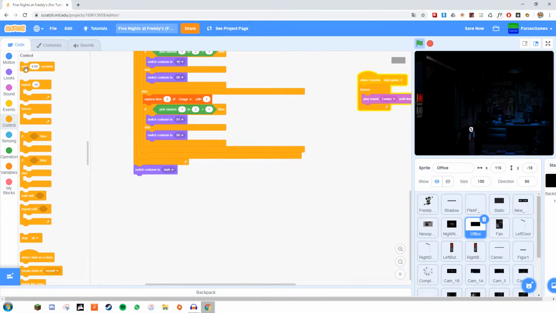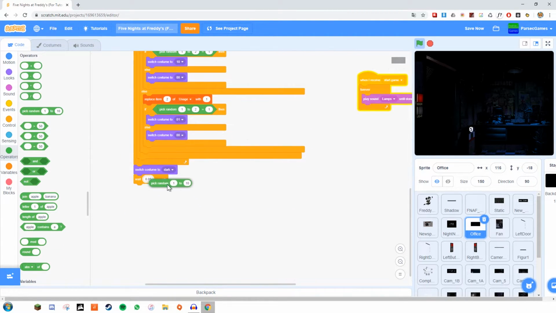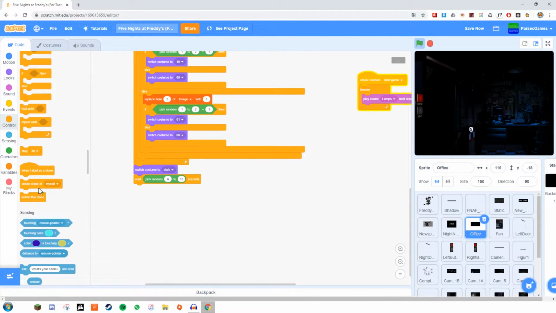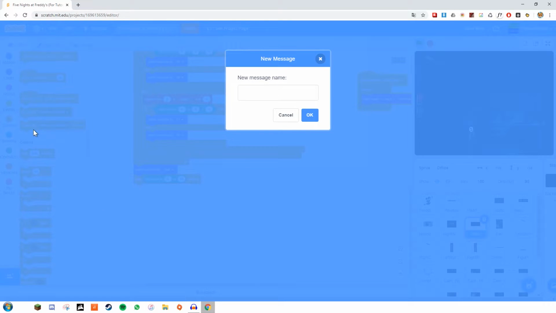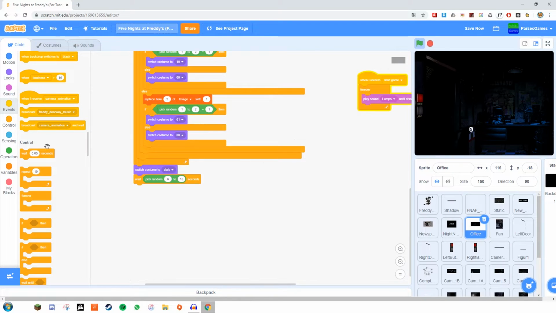And now what we're going to do is wait a random amount, pick random between, I'm not sure how much time it is in the original. I'm going to say something random between 6 and 10 seconds. And then we're going to send out a signal, a broadcast, which is Freddy doorway music. And then